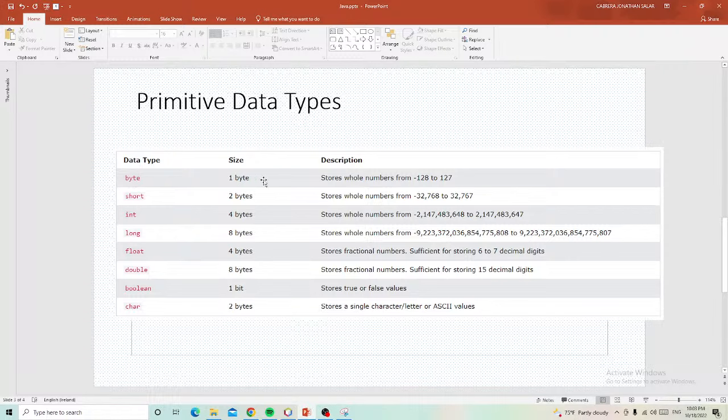So byte is an 8-bit data type that will store numbers from negative 128 to positive 127.